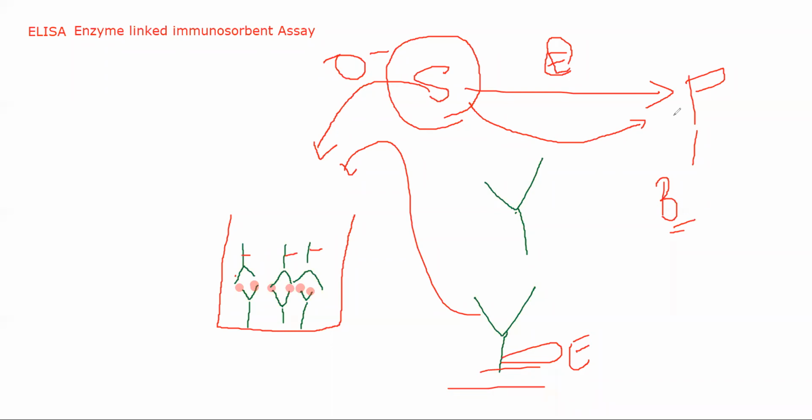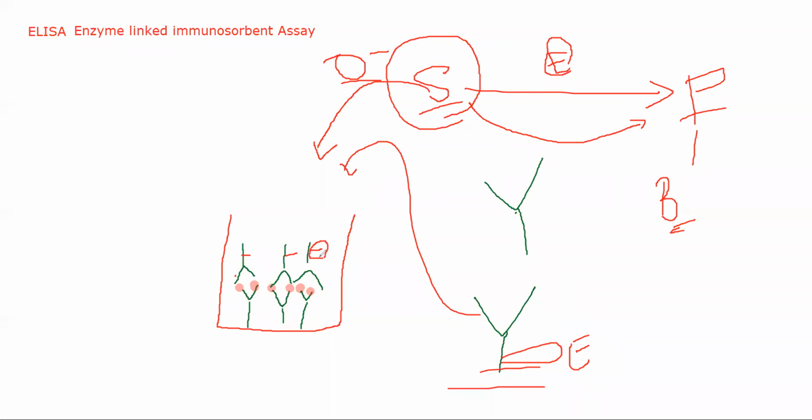This is only an example, okay? It will basically convert a substrate into a product. I will make sure that the substrate and the product are of different colors so that I can understand the difference. Once I attach this new antibody with enzyme, I will wash again so that extra antibodies are removed, and I will pour in the substrate. As soon as I pour in the substrate, I will have product formation because of this enzyme, and it will change color.